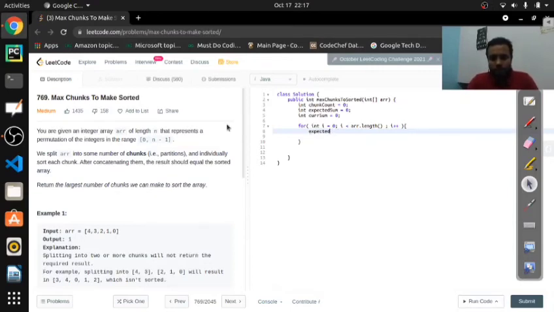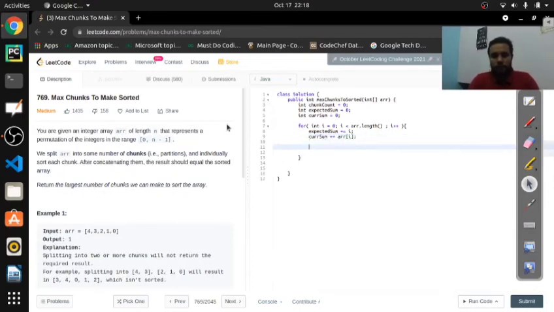So expected sum plus equal to i. We are going to add the current index to our expected sum, and then we are going to add array of i into current sum.